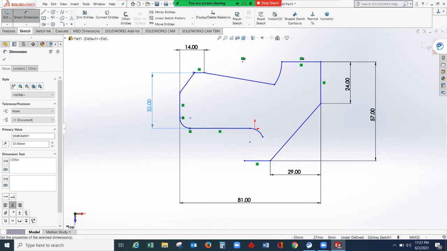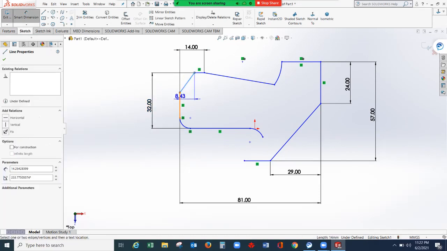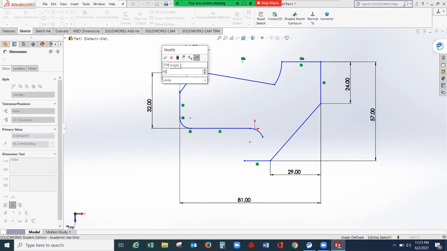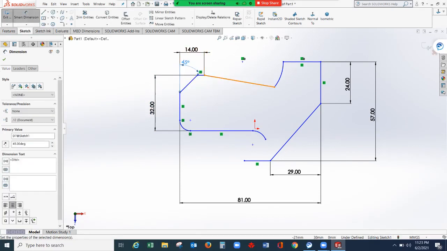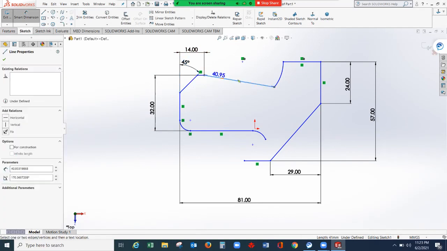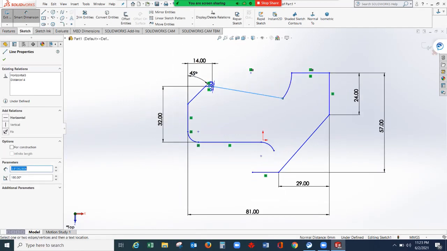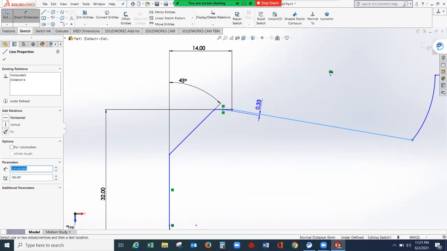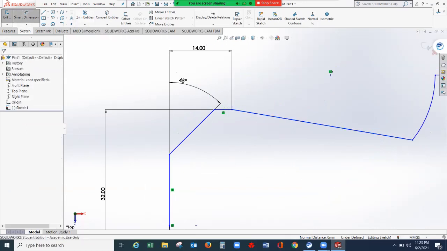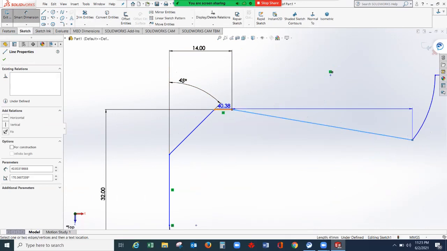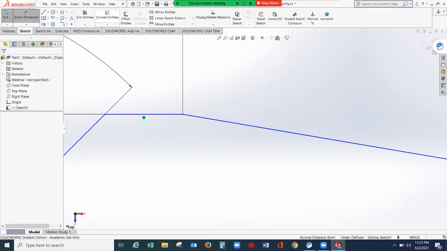Then let's give an angle dimension. From this diagonal line and horizontal line, let's give a 45 degrees angle here. And from this line up to this line, the angle in between is... I'm not getting the angle.